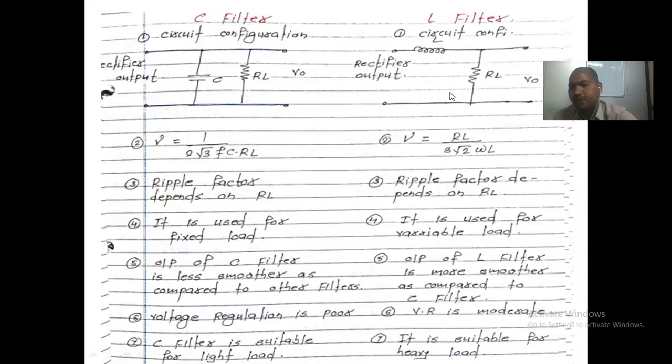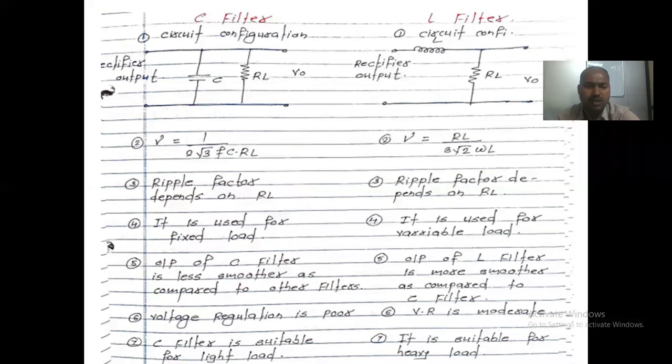The L type of filter is called the inductor type of filter, where we use the inductor. We have seen the properties of the capacitor and inductor. The property of the capacitor is that it only passes the AC signal. The property of the inductor is that it only passes the DC signal. So a particular component passes over your output, but it is not a standard or ideal device, so the output is not perfect.